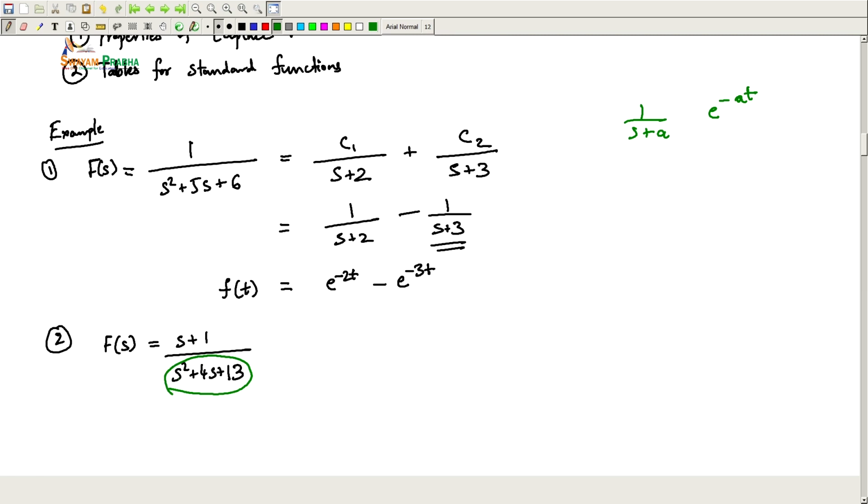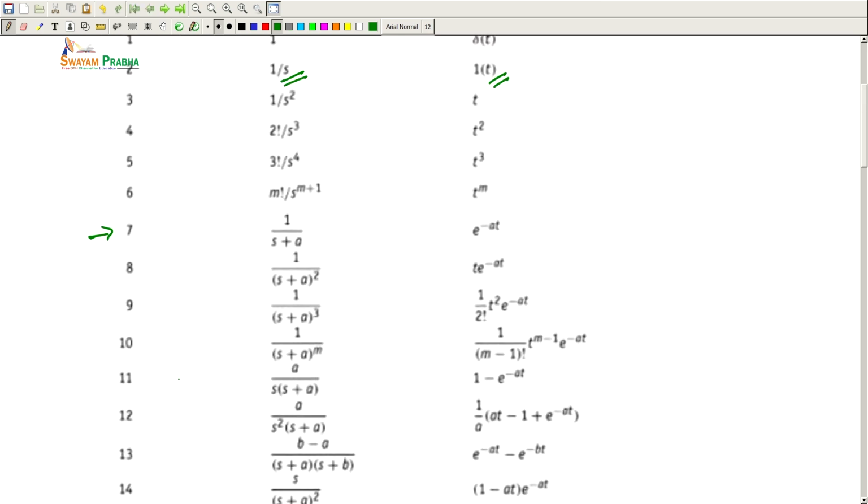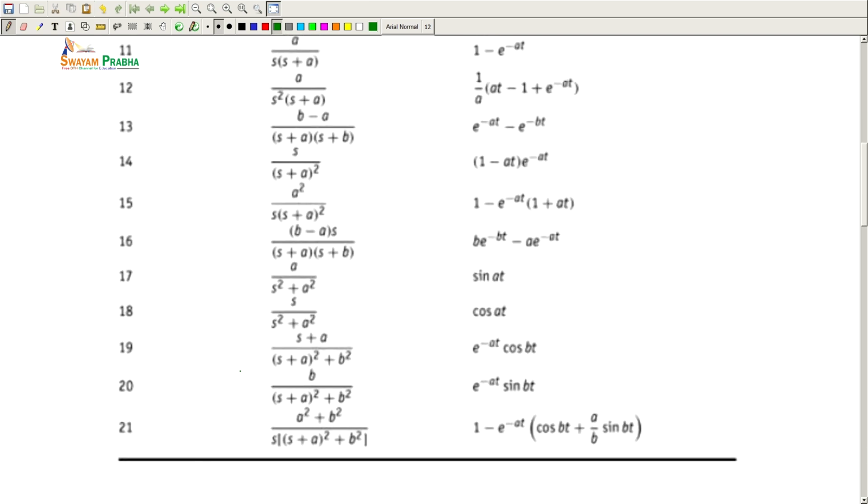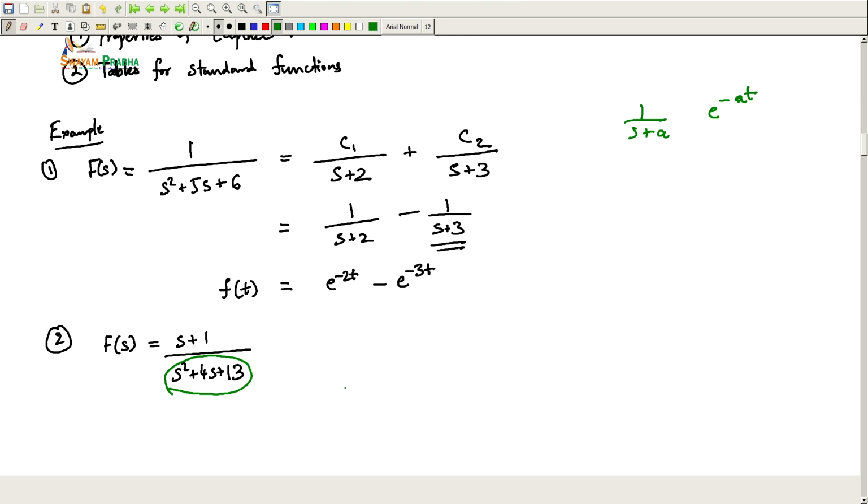If we go to our Laplace transform table and look at this denominator, it corresponds very closely with entries 20 and 19, that is s plus a the whole square plus b square. So if we look at this denominator, we can express s square plus 4s plus 13